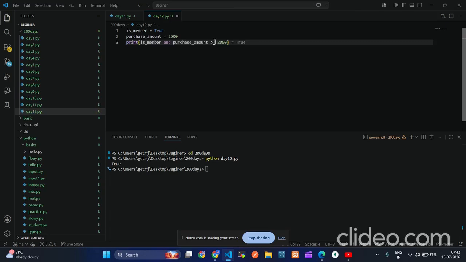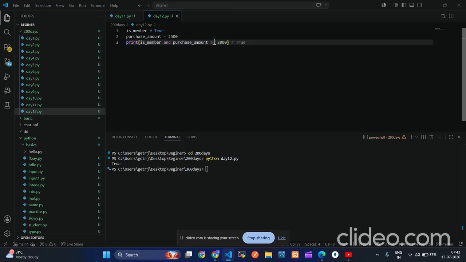Now look at this condition: is membership and the purchase amount is greater than or equal to 2000. The AND operator checks whether both conditions are true. Condition 1 is the membership: is the customer a member?